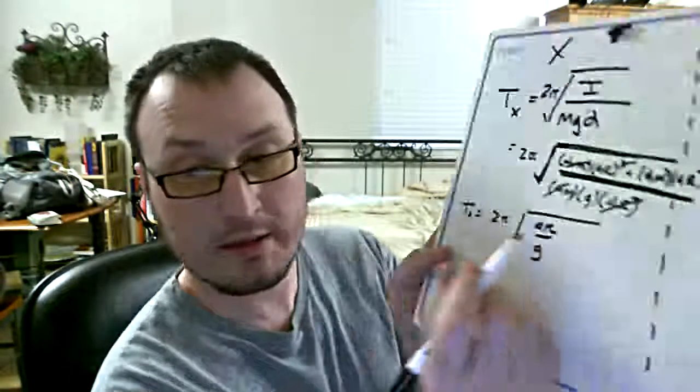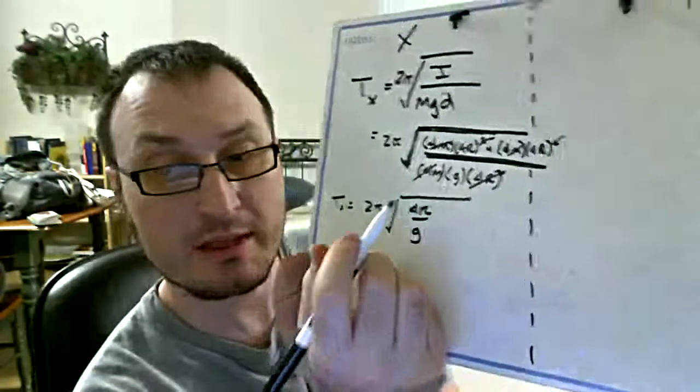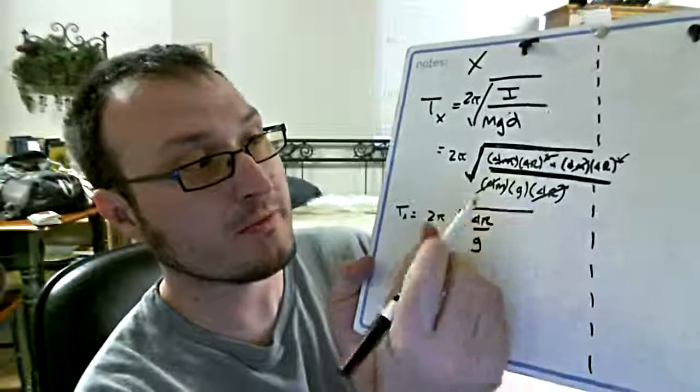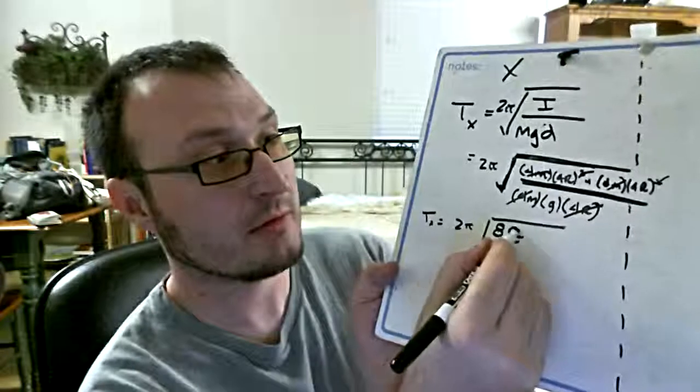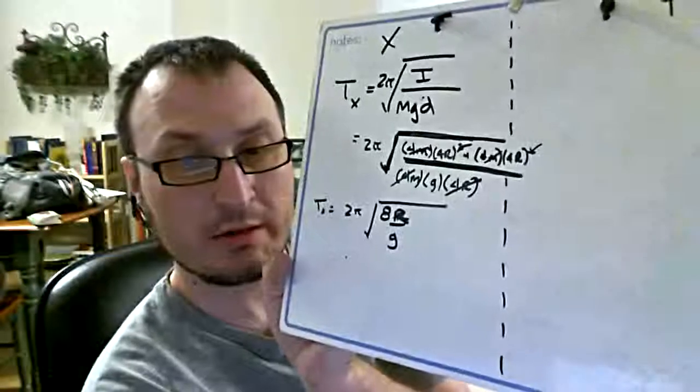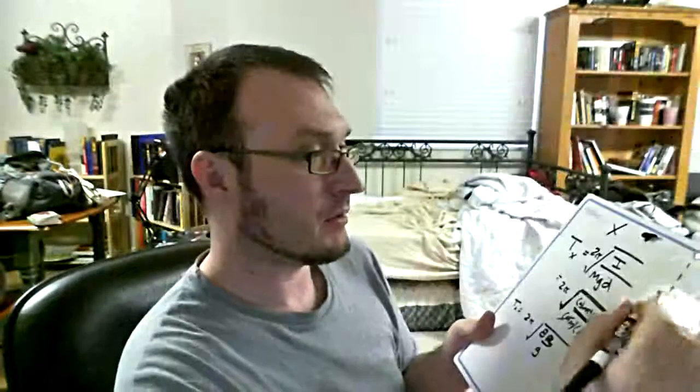Sorry, I did that wrong. See, potentially you could make a mistake there. I'm adding 4r plus 4r. So I should have 8r there, right? 8r over g. Okay, so T sub y,